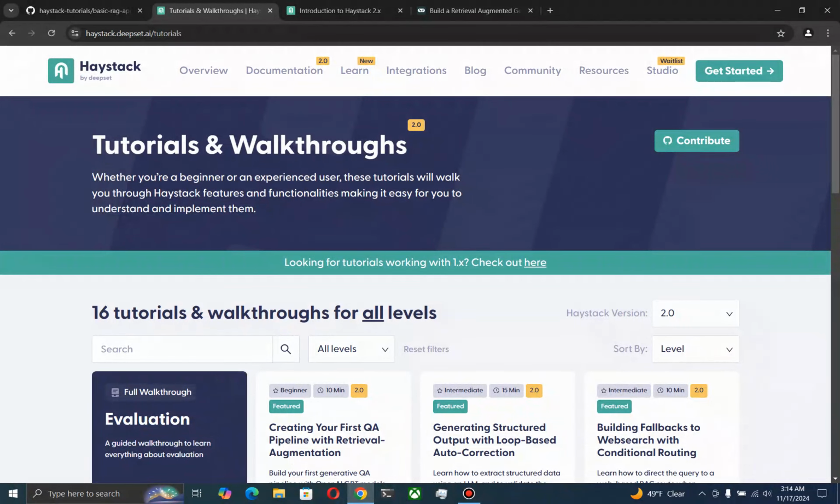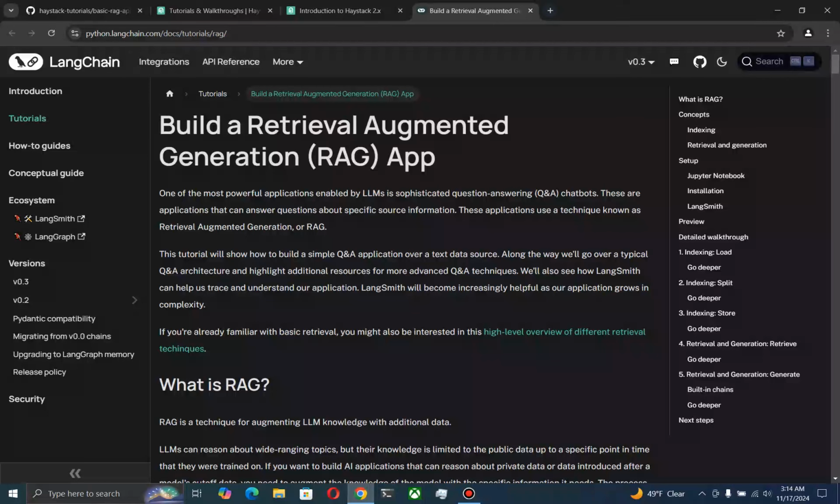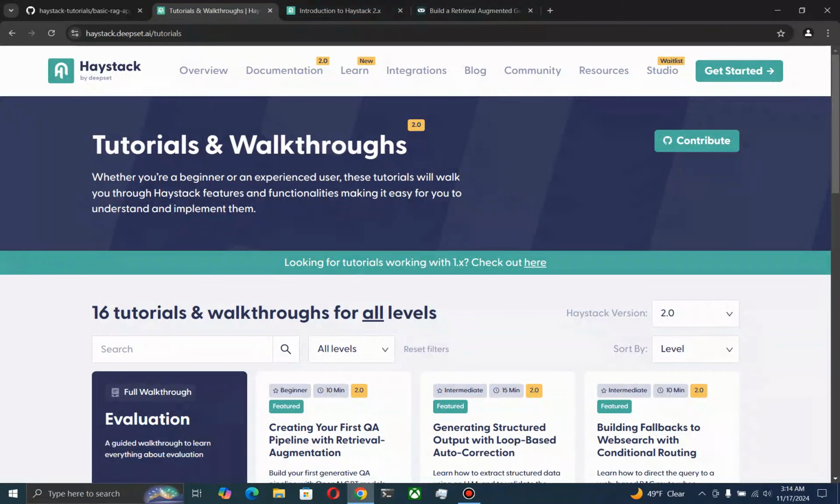Hey everyone, this is going to be a quick tutorial on Haystack, an AI framework for building AI applications. If you guys have seen any tutorials on building RAG applications, you've probably heard of LangChain. LangChain is probably the most popular framework for new users. But here I want to introduce Haystack and show its capabilities for developing